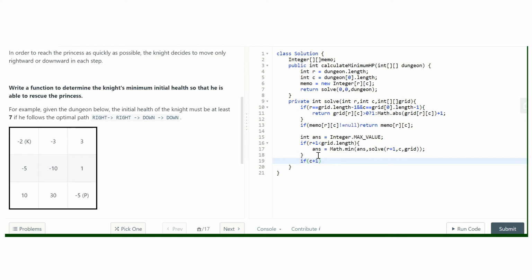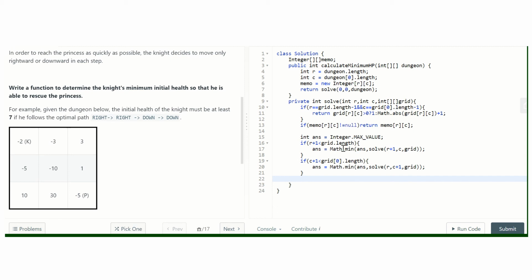If c plus 1 is less than grid[0] dot length, answer equals Math dot min of answer and solve(r, c plus 1, grid). So we have calculated the minimum value that we can achieve by going the right path and the downward path. Okay, we take the minimum of these two.